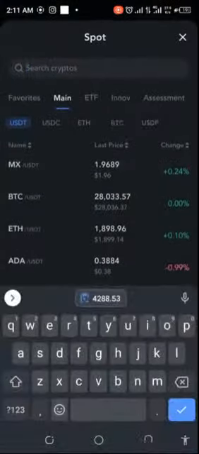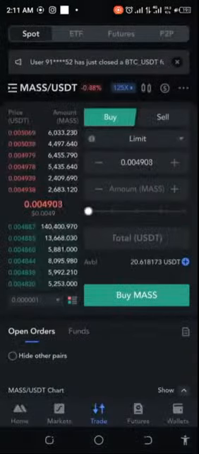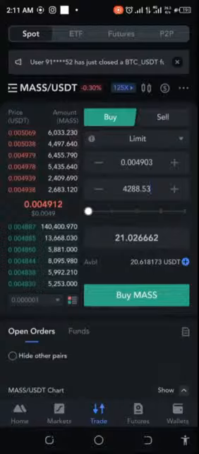Mass what then? That's mass USDT. Okay, let's go ahead and see how this will go. Let's click on this and put that in. Oh, 21.02. That's like about 50 cents. That's beautiful. Now, the next thing we want to do is to try and see the level of velocity and